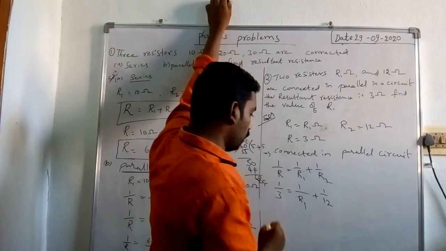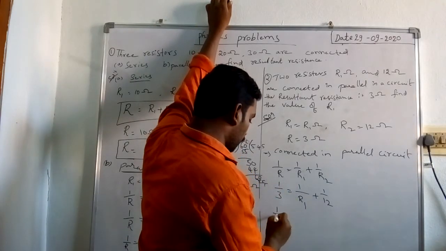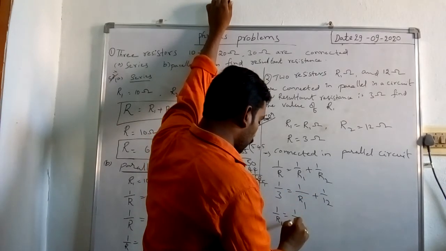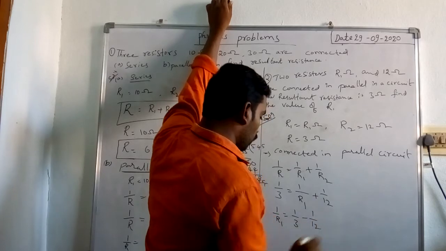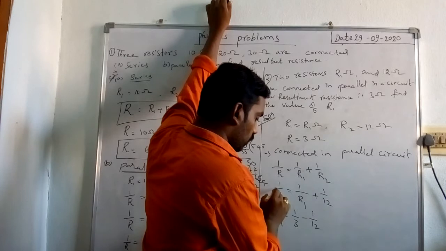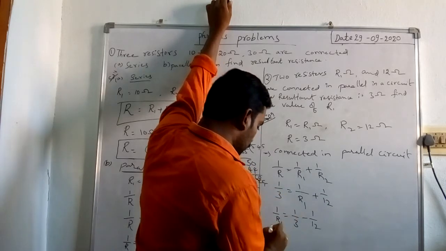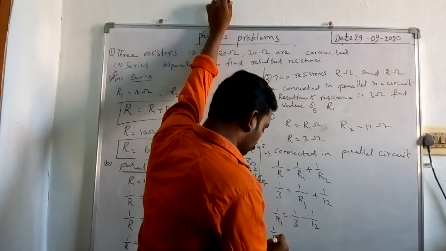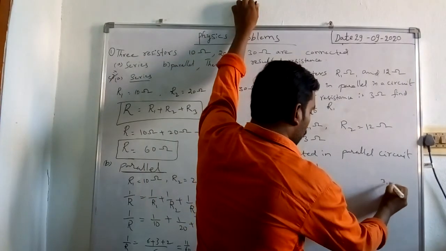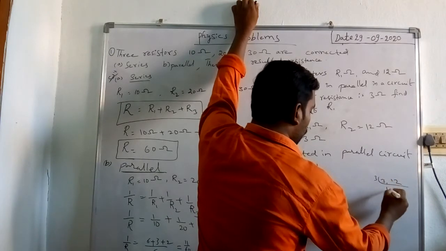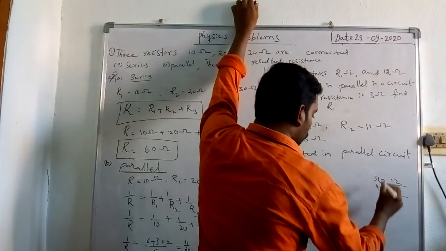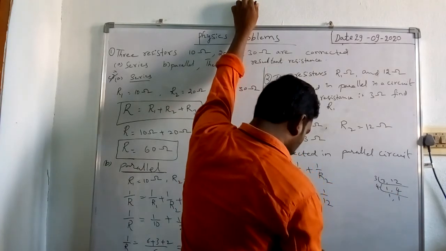Right? Here take 1 by R1 in the same position. Bring this to this side: 1 by 3 minus 1 by 12. This plus 1 by 12 will come to this side as minus 1 by 12. Take LCM. 1 by R1 equal to 1 by 3 minus 1 by 12. LCM of 3 comma 12: 3 1 ja 3, 4 ja. Here 4 table, 4 1 ja 4, 4 3 ja 12. We get 12 as the LCM.